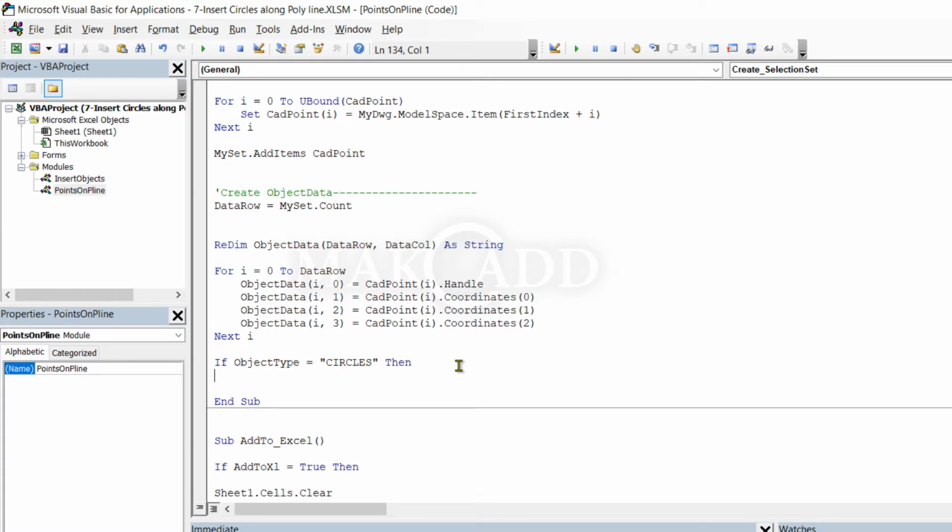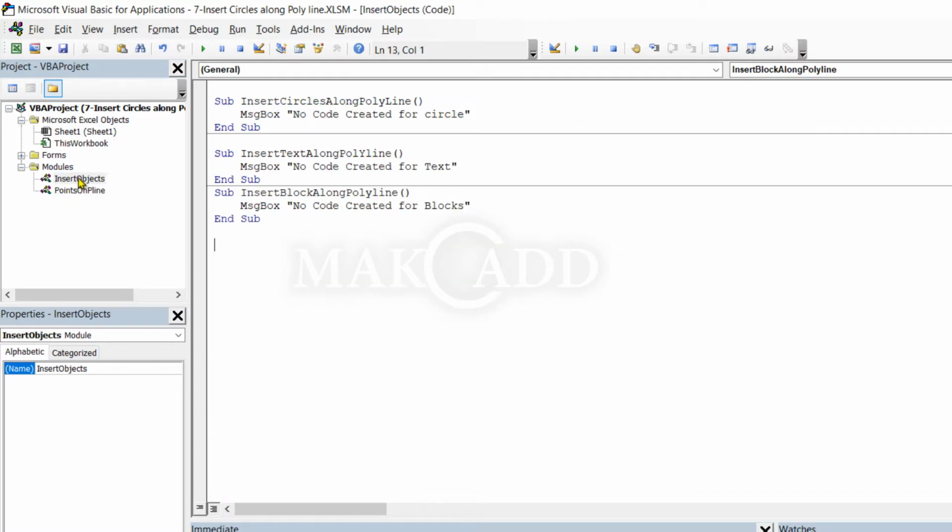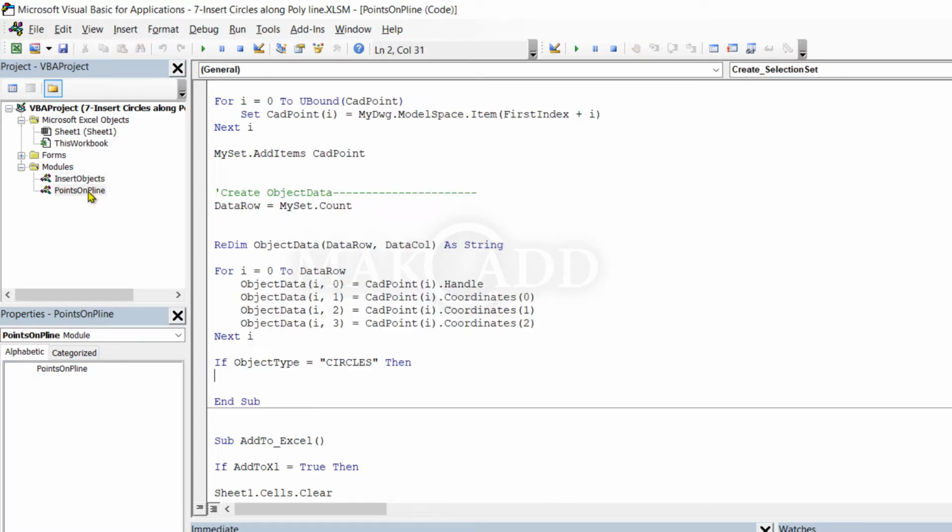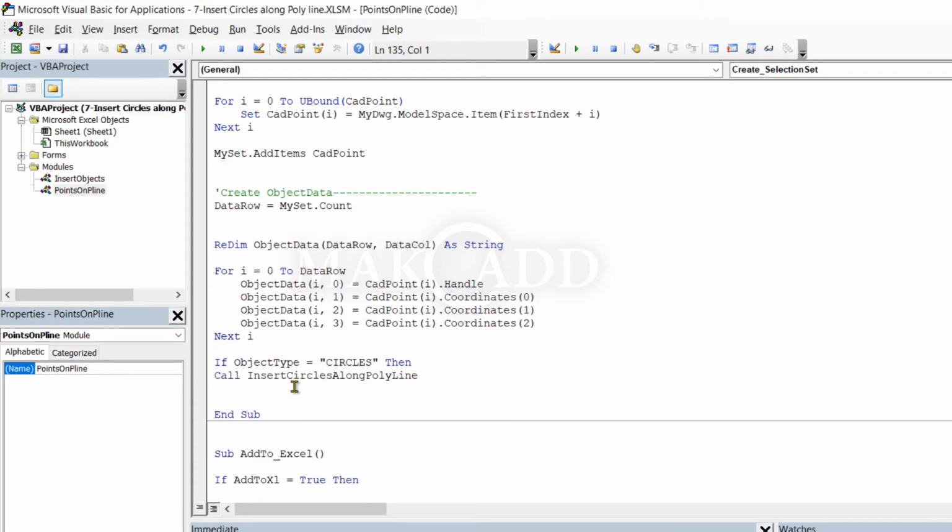So here we write, if object type is equal to circles, then call insert circles along polyline. Here we call the insert circles procedure, then end if. And for the text or blocks also we will do the same.